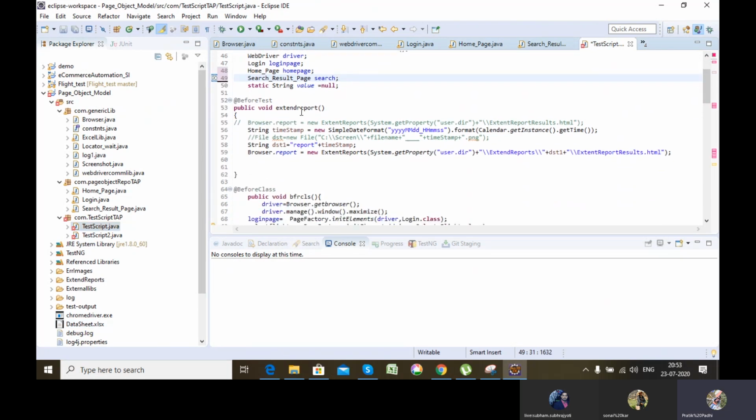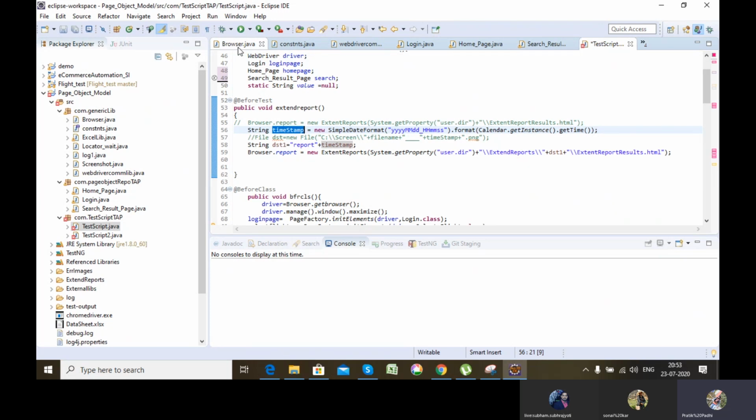See, the first thing I'll be doing is, at the rate before test, having the timestamp using the Java functions and creating one reporting, that is the extent report, which I will be using here. Okay, TestNG will create its own reports by default, which we have already seen.